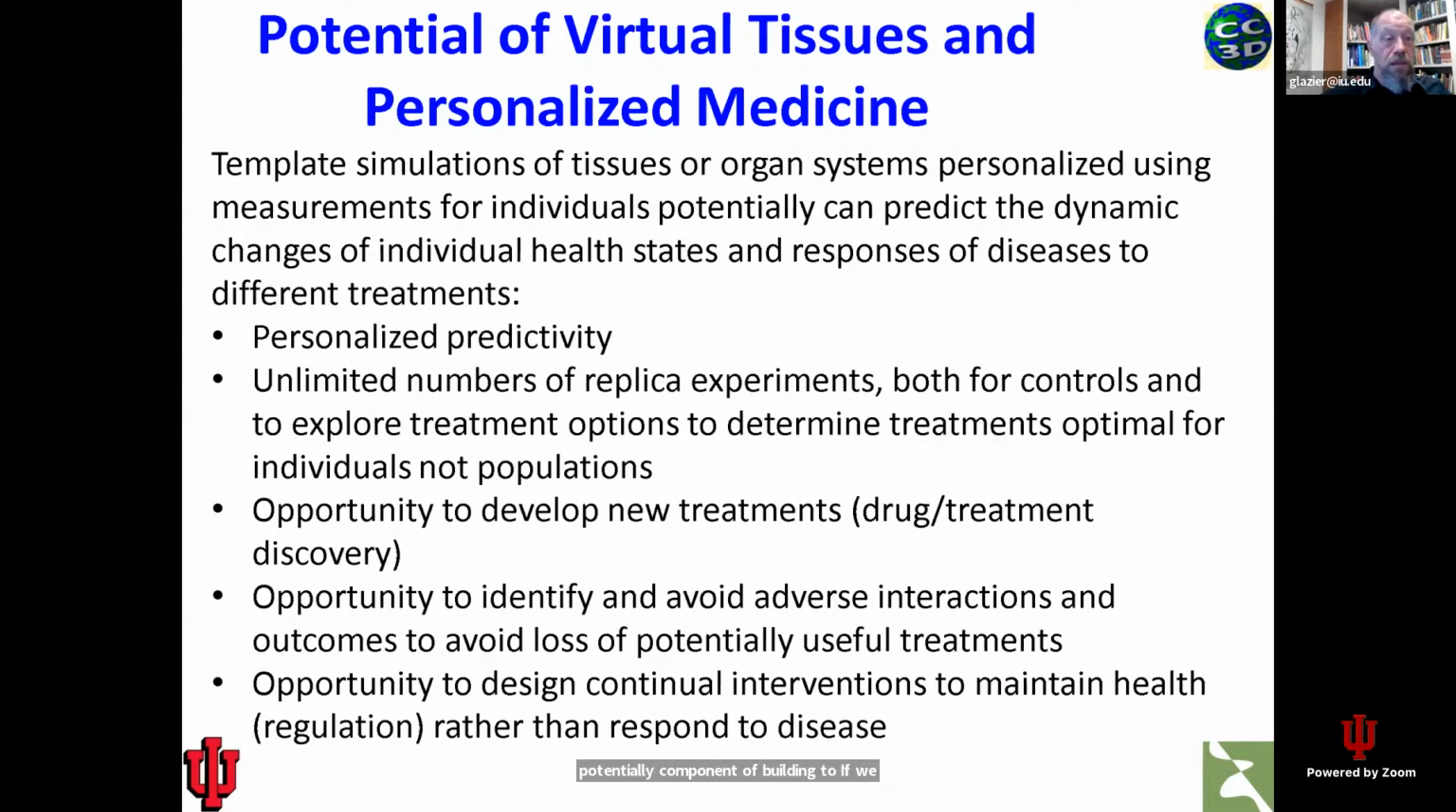If we can build models, whether those are models of in vitro systems, organoid culture, animals, or humans, we can do a lot of things that are impossible to do otherwise. In particular, you can run unlimited numbers of replica experiments. You could try out all sorts of possible treatment strategies. You can come up with strategies that are optimal for individuals, and you can also do scientific discovery. And so I think there are a lot of opportunities here, both in basic science, applied science, and medicine, to